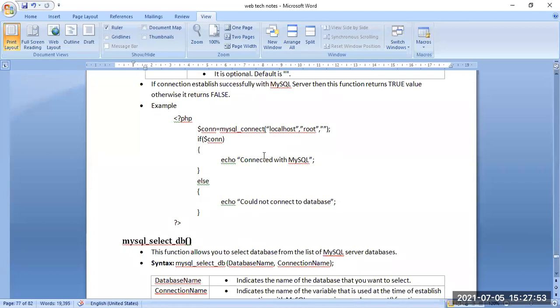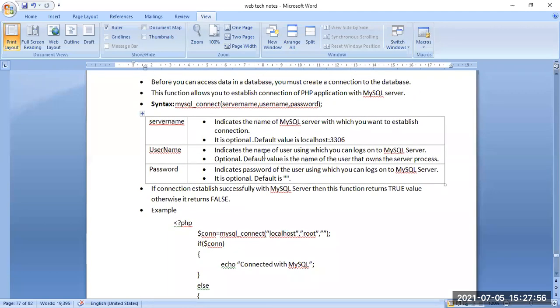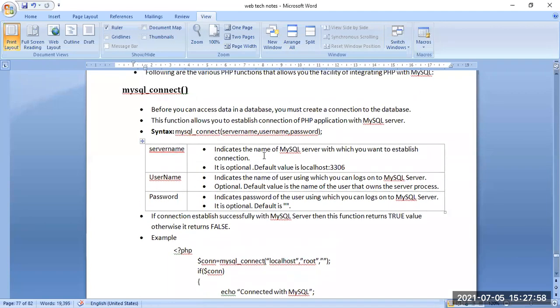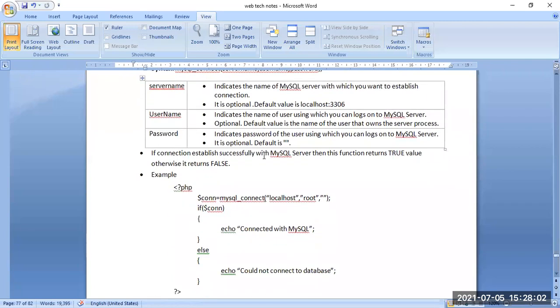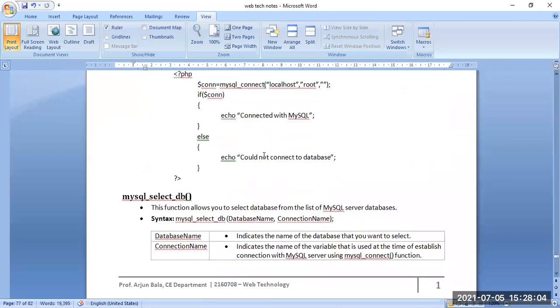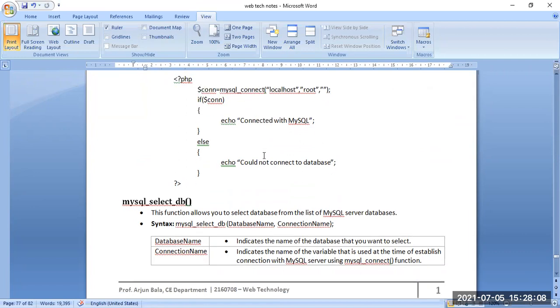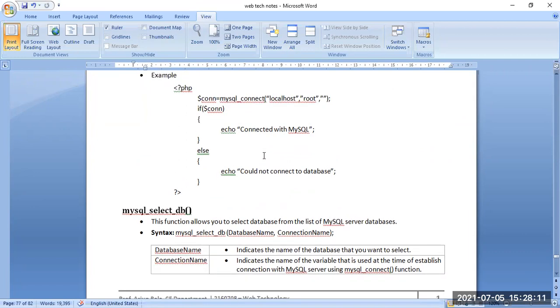Now, after this MySQL connection, we have connected with our MySQL. We are considering that all the values are true and we have connected with our MySQL database server. Now the second function is the MySQL select database function, mysql_select_db. What is the purpose of this particular function?